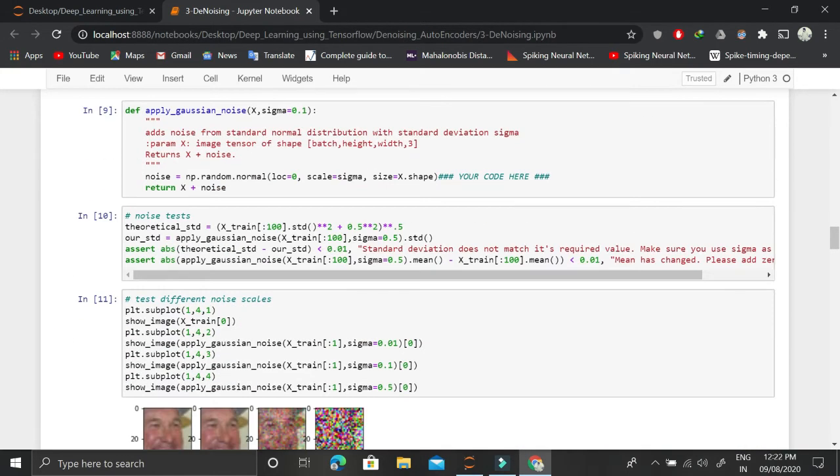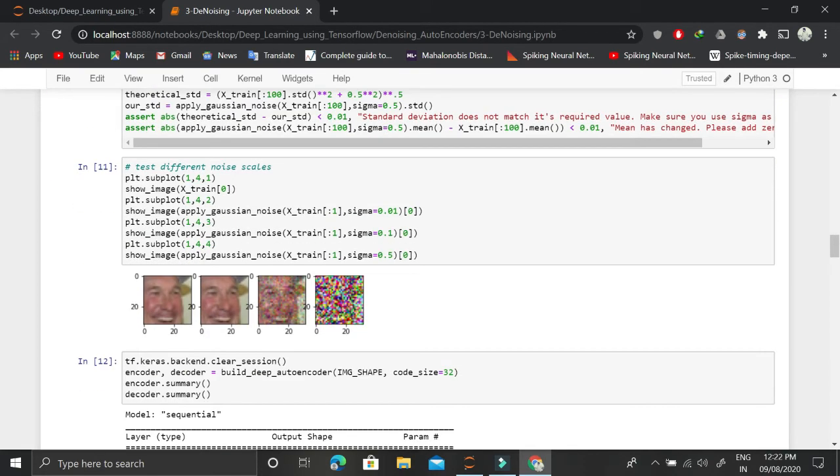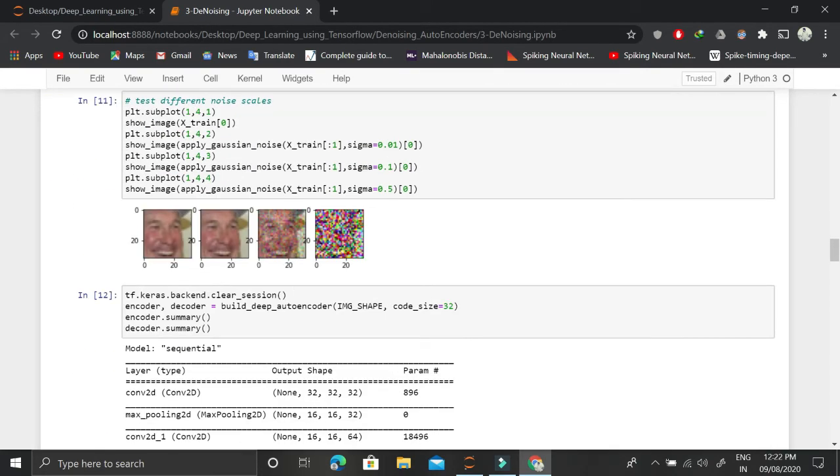Okay, once you have that, then let's define the function of applying Gaussian noise. So we will apply this Gaussian noise and look at it. If we apply the Gaussian noise having sigma of 0.01, then it's really not that much noise, but with 0.1 it is noisy. However, when we give the noisy image of 0.5, it is so much noisier, it is complete noise. We cannot even see the image. But this value of 0.1 is reasonable, because this is a reasonable noise in an image.